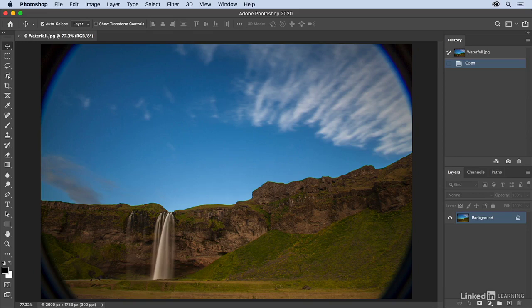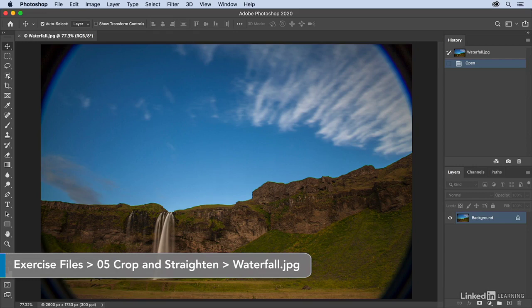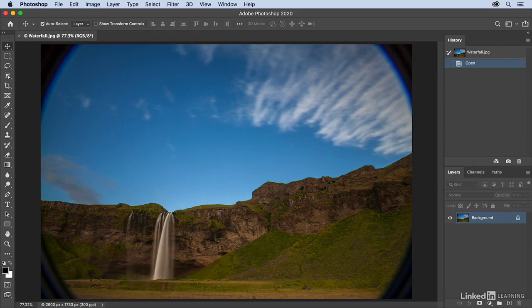There are a variety of reasons that you might want to crop your image in Photoshop. Cropping can eliminate unnecessary or unwanted information that doesn't reinforce the narrative of the image, or perhaps the aspect ratio of the capture device doesn't match the framing that you have in mind for the photograph. Or you might need to crop an image in order for it to work within the limitations of your design